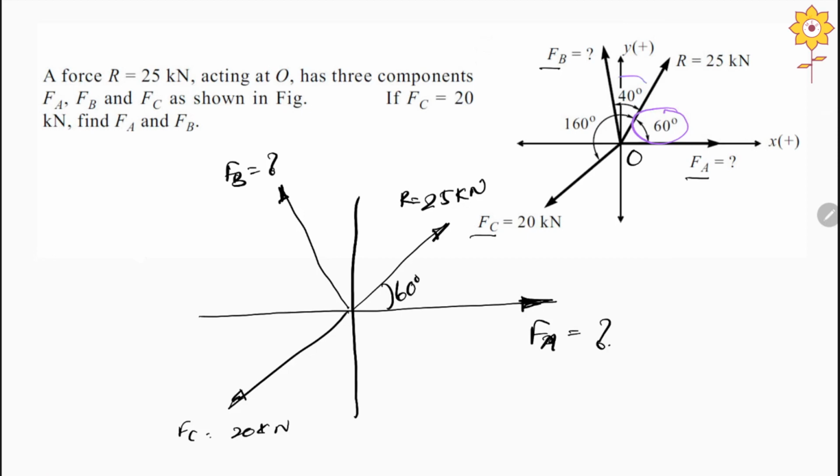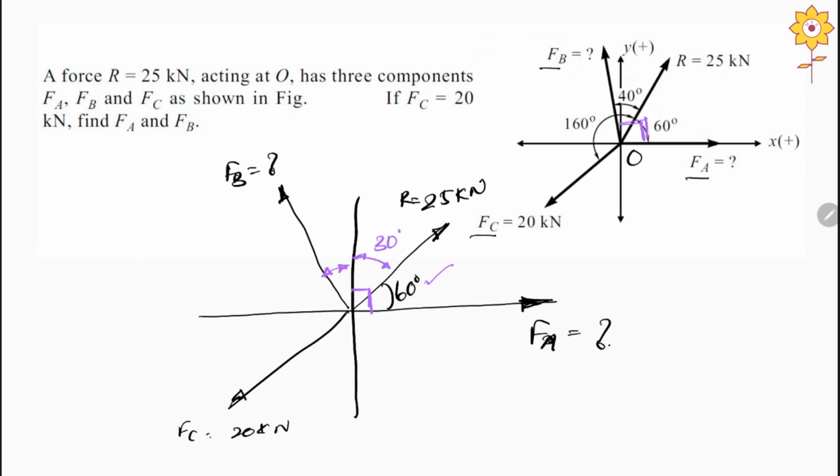So if you look at this 40 degree, the 40 degrees is the angle between the resultant and FB. So that is not making an angle with any vertical or any horizontal, right? So we have to find out what is the angle between the vertical and FB. So we have to find out this angle. Okay. So to find out this angle, we know that this first quadrant will be 90 degree. So from the 90 degree they have already given 60 degree. So this remaining will be 30 degree,